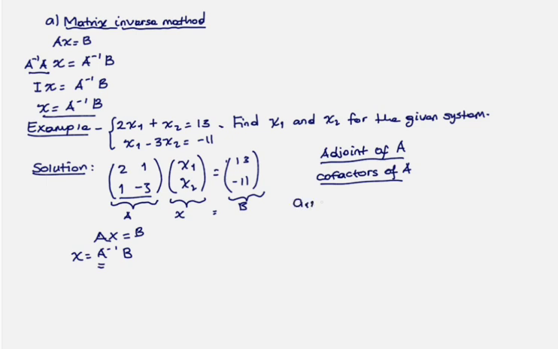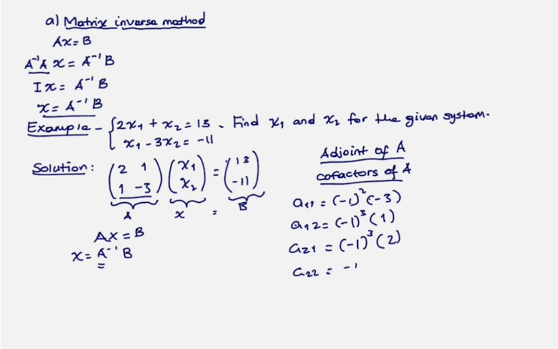ስለዚህ ለመጀመሪያው a11 is equal to -1 the power of 2 የመጀመሪያውን ሮ የመጀመሪያውን ኮለመን ካንስል ስናደርግ times -3 ይሆናል። a12 the same way -1 the power of 3 የመጀመሪያውን ሮ ሁለተኛውን ኮለመን ስናወጣ 1 ይሰጠናል። a21 the same way የሁለተኛውን ሮ እና የመጀመሪያውን ኮለመን ስናወጣ 2 ይሰጠናል። a22 -1 the power of 4 multiplied by we cancel out the second row and the second column። ስለዚህ 1 ይሰጠናል ማለት ነው። I mean 2 ይሰጠናል ማለት ነው።